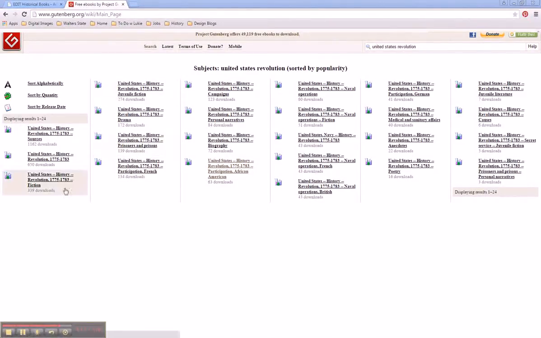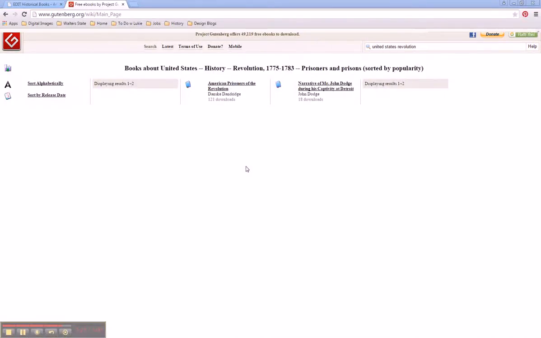And if I want to open up something like, we'll just do prisoners in prisons, then it looks like there are a couple books for me to use. And things like narratives and diaries in particular are going to be really great primary sources for my paper. This looks like it's going to be a secondary source. So if I'm just looking for primary sources, I want to make sure that I'm looking at narratives, diaries, records,